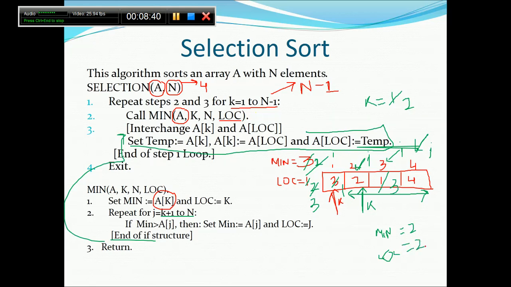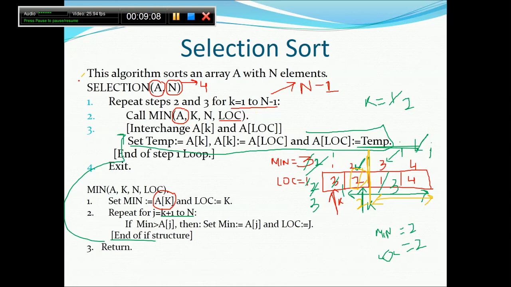Again it will come to the minimum, so this will be updated. So from here to here it will compare, but it is 3, it is 4, we can't get anything new as a minimum, so it will be replaced by itself. So it will be replaced by 2 itself. So 1 and 2, can I say it is already sorted till here? Yes, and the same way the entire array will be sorted.